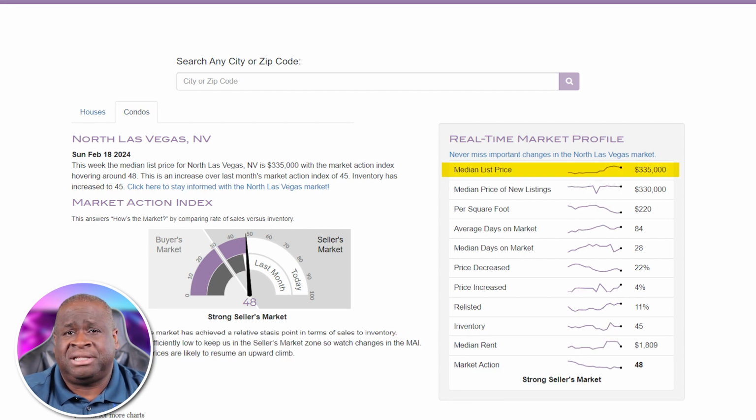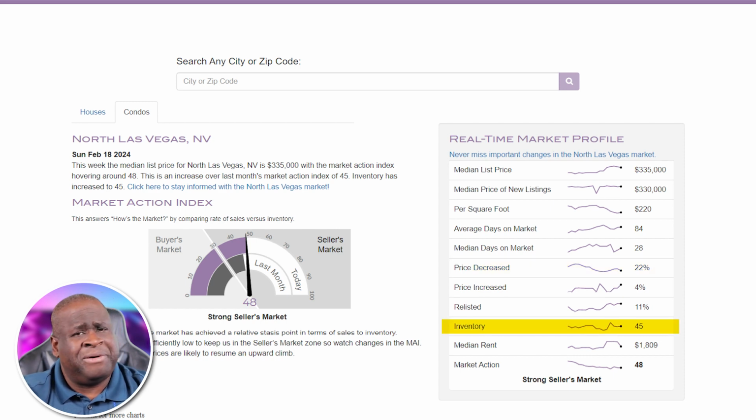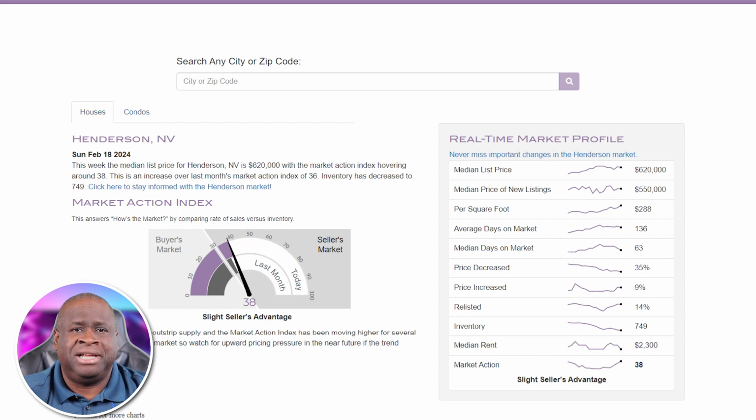Condos, the median is the same for the condos, 335 across the board. Days on market, 28. Price decreases 22%. Inventory, there's only 45 of them. Median rent, $1,809. And let's move down to the swanky place, Henderson, where the median list price,